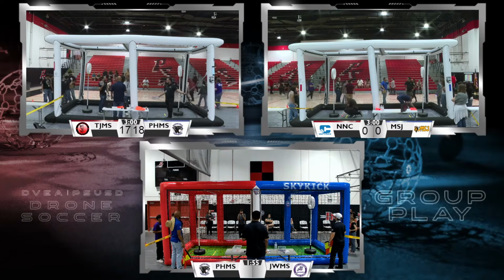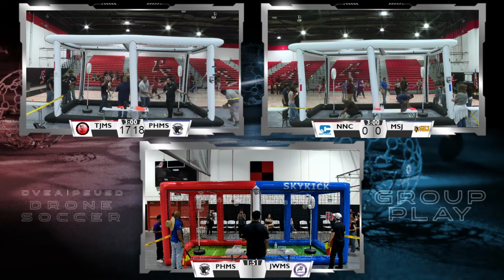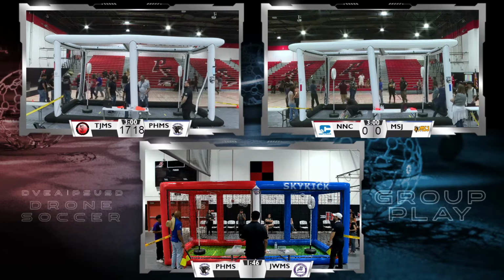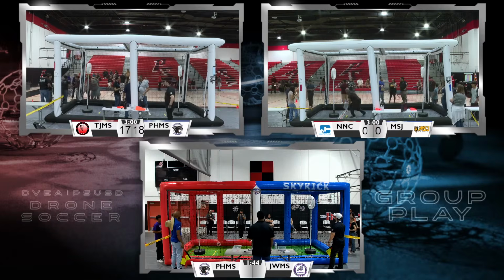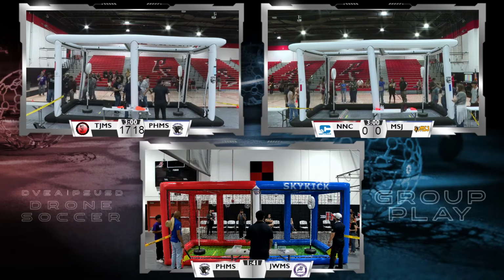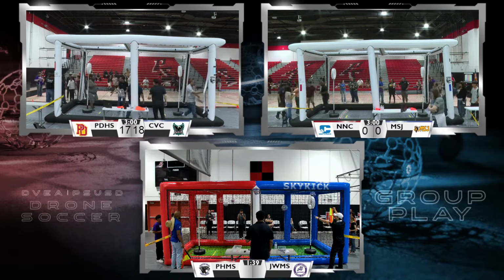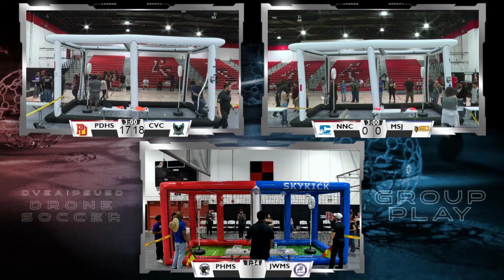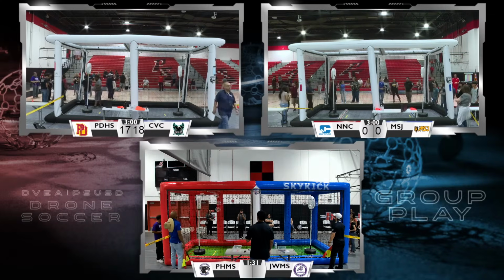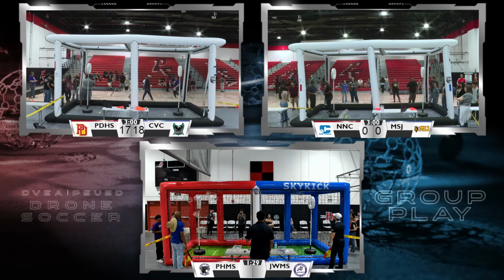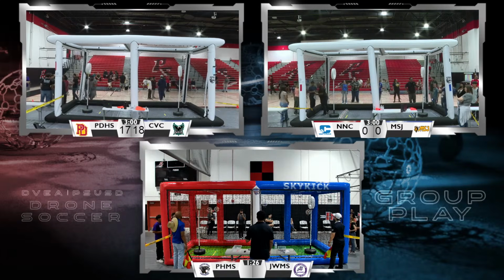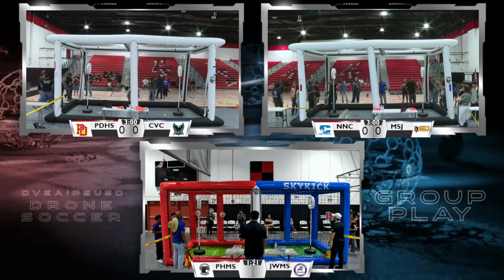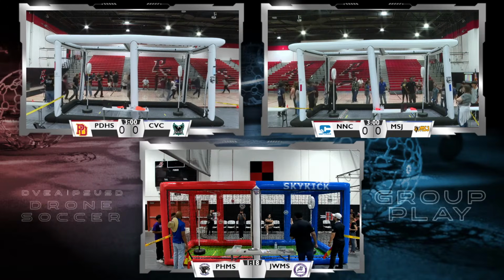And side judges will often point at the drone that they know is not quite back reset, or we call that offsides. So once a goal has been made, the teams have to reset behind the center line, or the team is offsides, and any scores that happen while a team is offsides do not count. Once they reset and the judge places their flag back to the ground, that indicates that teams are available to score again, and any score that is made, a drone flying through the goal, will count in their favor.